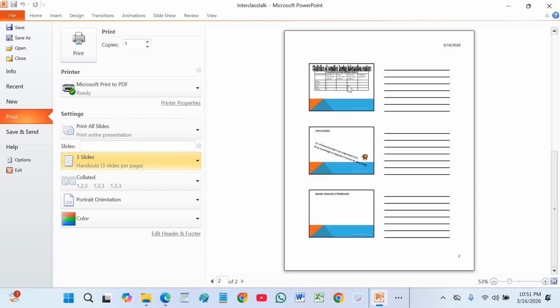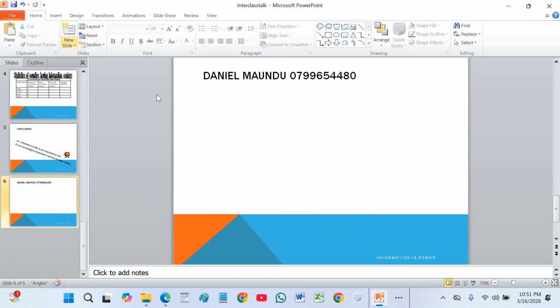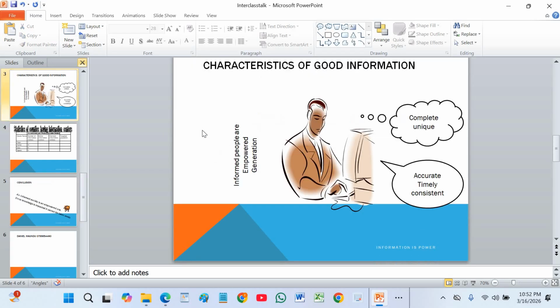So it means that in one page you print 3 slides. So that is it. That is our print preview. After that, you can go back to home. We click on file, then we click on save. So that is the end of our presentation